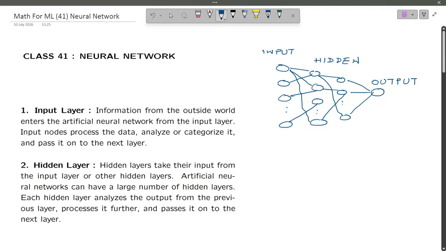So input nodes constitute the input layer. Information from the outside world enters the artificial neural network from the input layer. Input nodes process the data, analyze and categorize it and pass it on to the next layer. So data is coming to input nodes from the world. Input node is accepting the stimulus for neurons of brain or the impulse from the outside world,